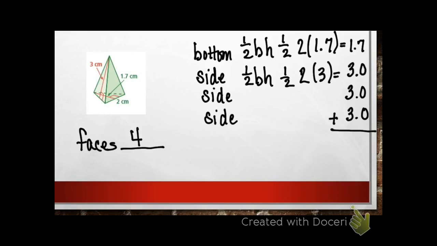Remember, I don't need to solve that each time. You can if you'd like, but you don't need to because we already know that all the sides are equilateral triangles. They told us that, and that's how it will be this entire section. All right, so now I'm going to add, keeping my decimal. 3 3s are 9. 9 plus 1 is 10. All right, so my final answer for surface area is going to be